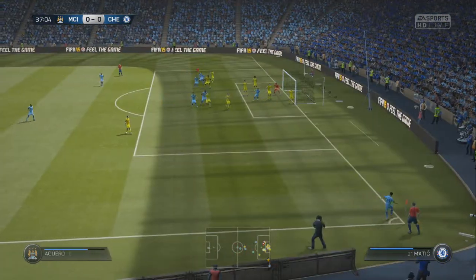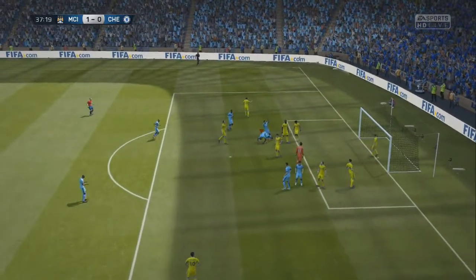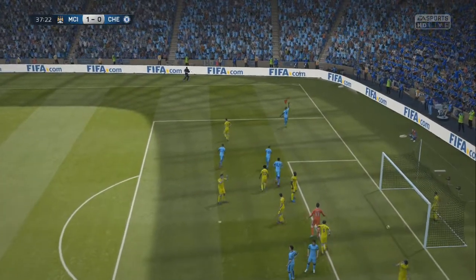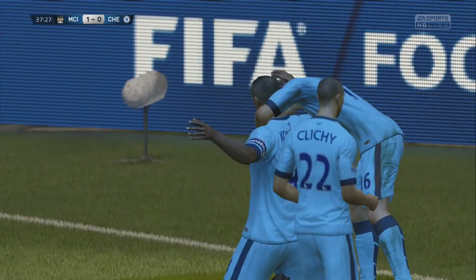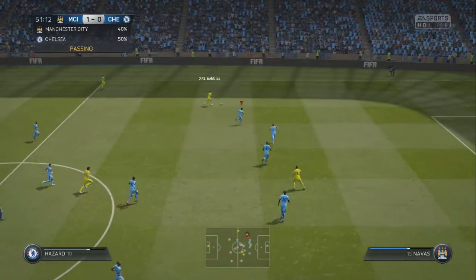The resultant corner, Navas found a great area to cross the ball, forcing Thibaut Courtois out of his comfort zone, and Kompany getting onto the head and headed it pretty much into an open goal. Fabregas couldn't quite get there from the inside post. So 1-0 at the half-time interval between Man City and Chelsea, and the second half sort of was in the